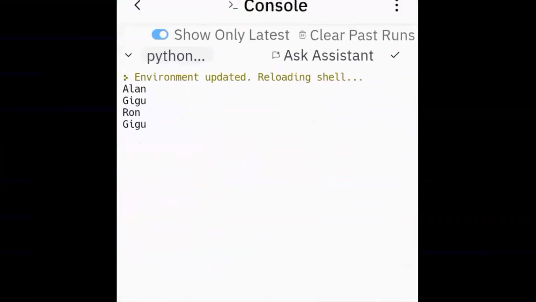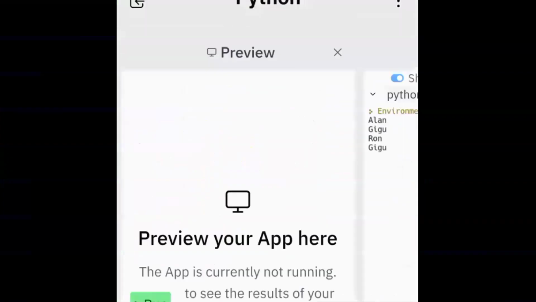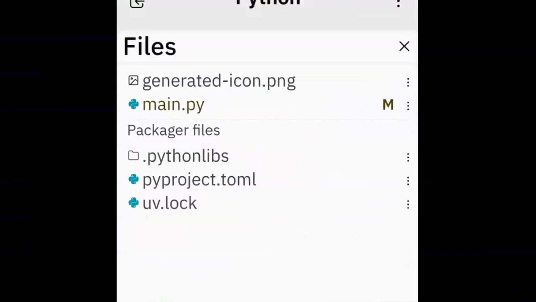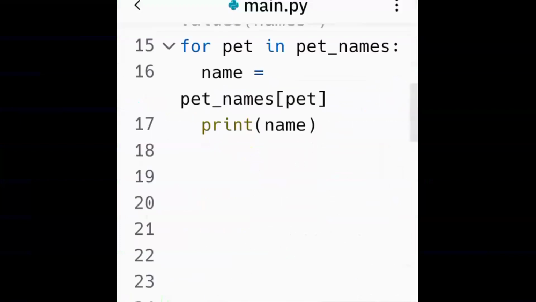We run through the code once more to explain what's happening. In the previous case, remember, it was animals which were printed out, the animal categories, the species, because they are the keys. So let's go to the main.py again and evaluate the code. For pet in pet names, that's the same loop. We create a variable name and then store the pet names of the different pets.